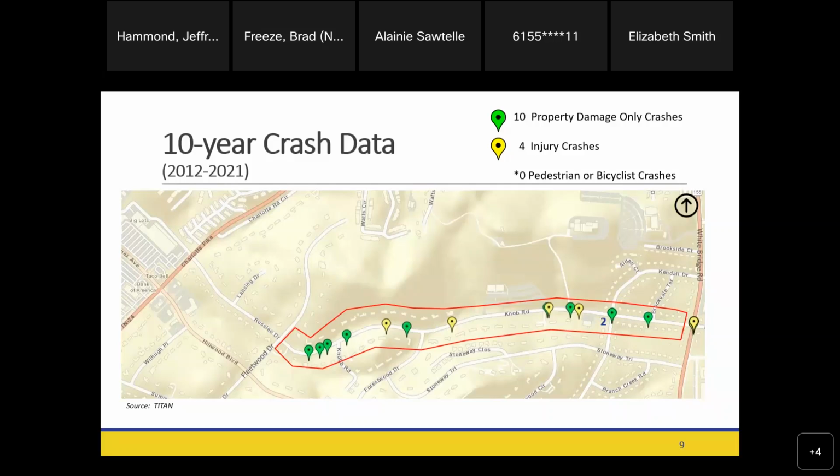Got a question up front. Yes. Would it be possible to have a crosswalk at the intersection of Knob and Kendall? I know people think that they're supposed to stop for someone in a crosswalk. I've taught at Illinois University for many years, and they had signs in the crosswalk that said, watch for pedestrians, and there were traffic on those signs. But